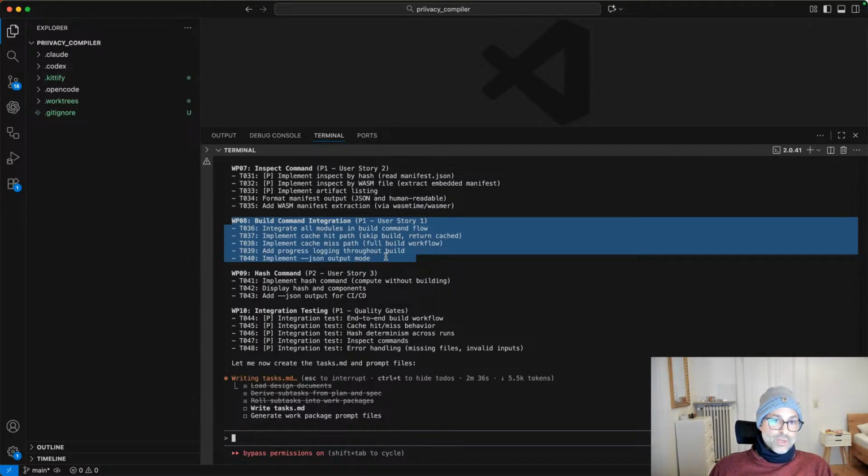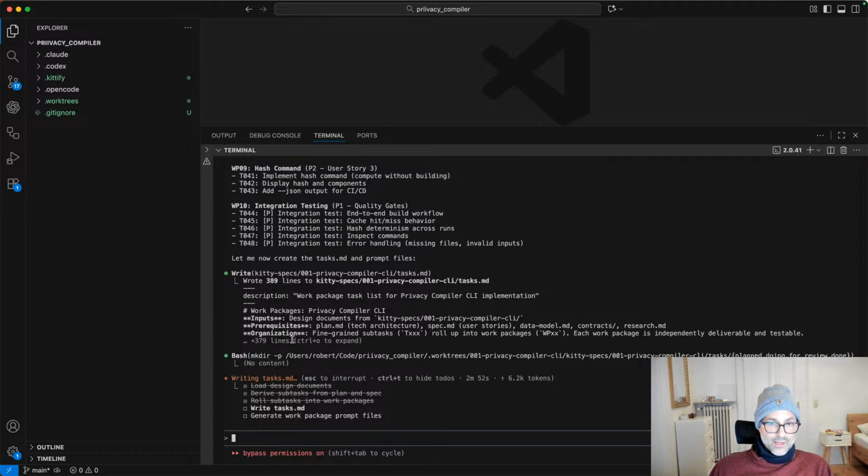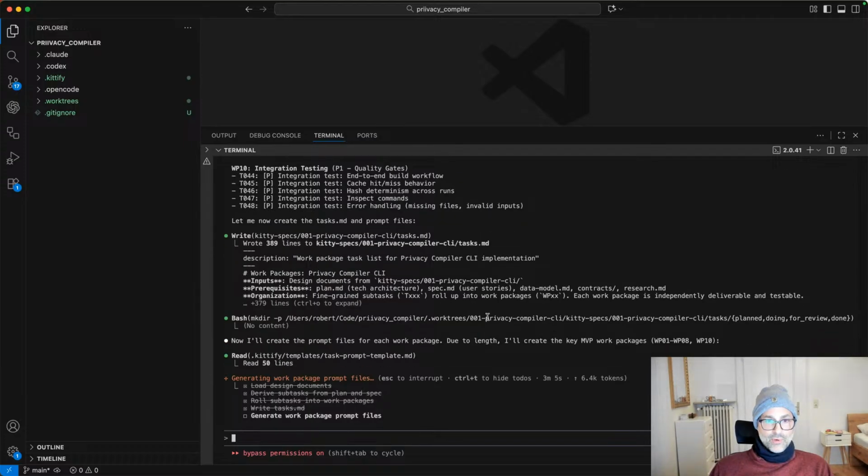And this has been really a critical part of Spec Kitty's success in my own workflow, is doing this up front. Basically, after this step is done, I let agents implement and review and accept the changes or reject them, in which case we repeat the cycle until everything's done. And there are a couple steps after that that we'll talk about when we get to the done point, which